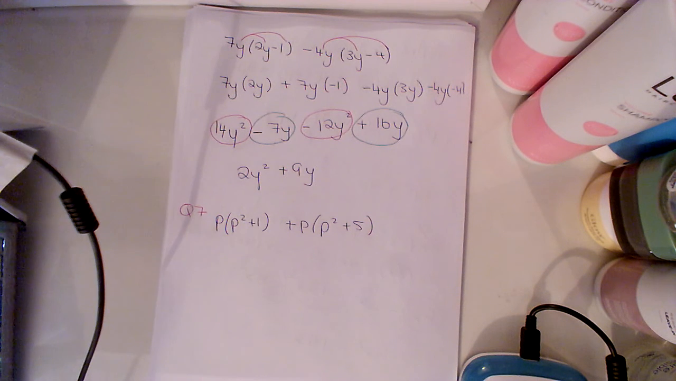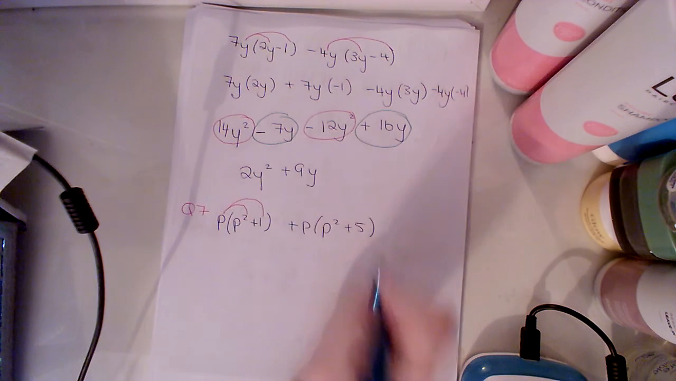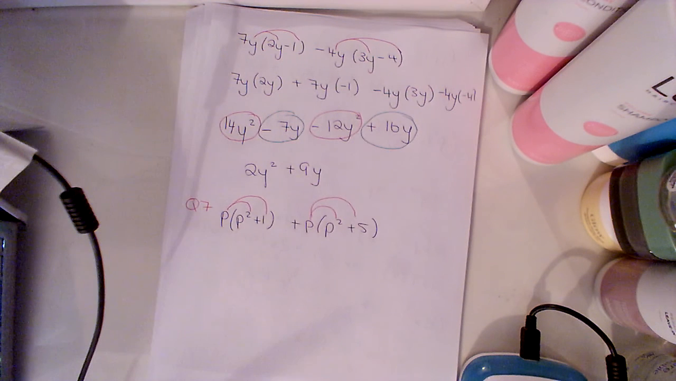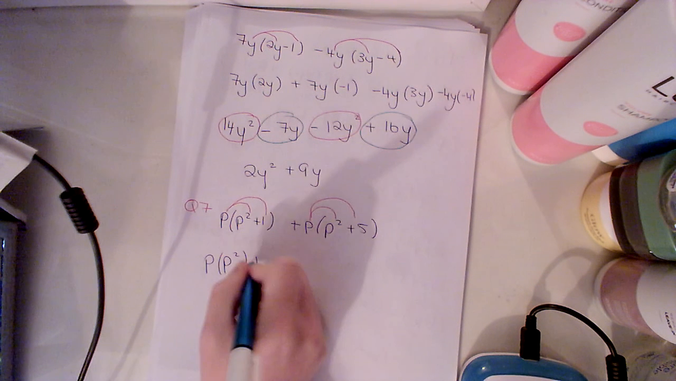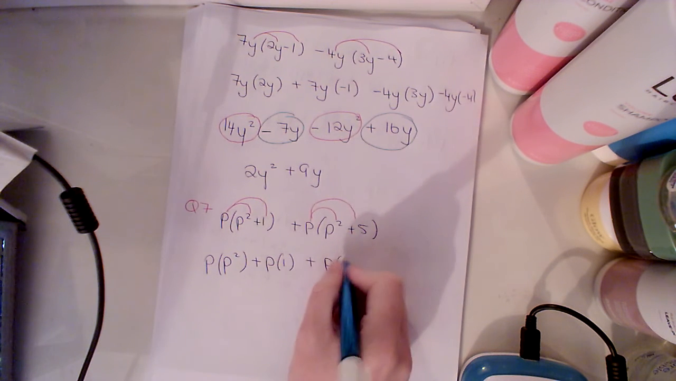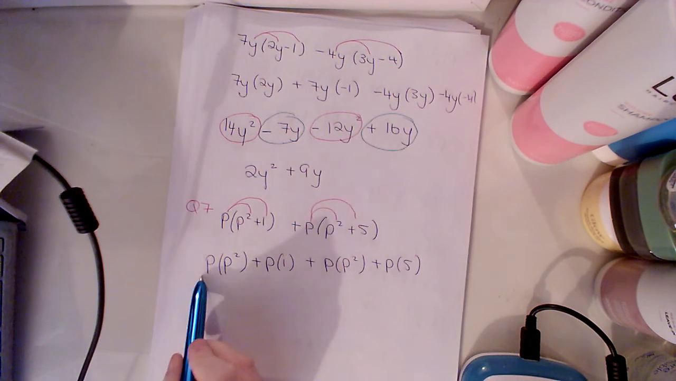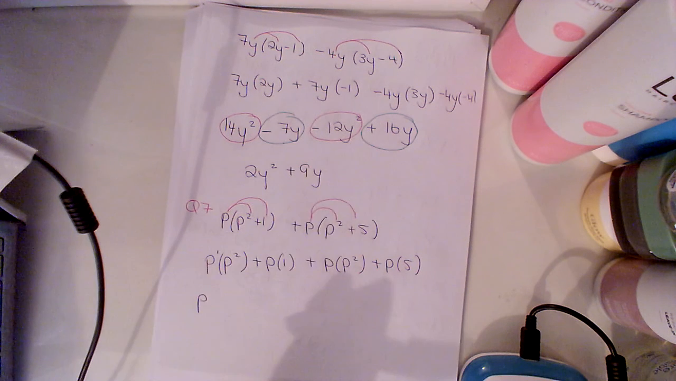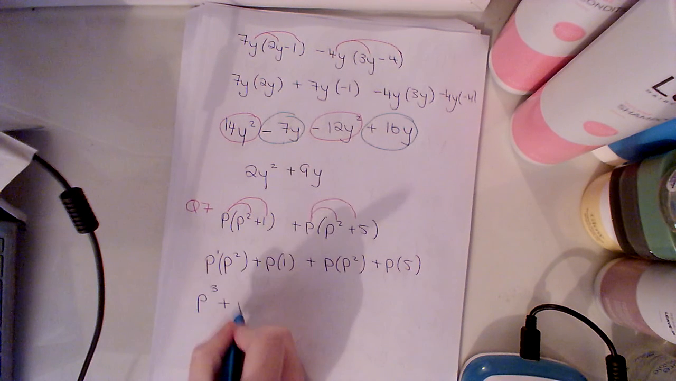Question 7a, so once again I'll draw my arrows, so it'll be p times p squared, p times 1, p times p squared, p times 5. Then I have p bracket p squared plus p bracket 1 plus p bracket p squared plus p bracket 5. p times p squared, keep my base which is p, and I add my powers, so I'll have p cubed plus p